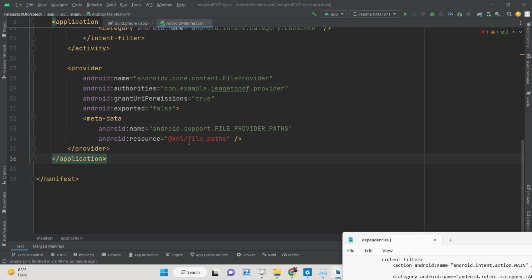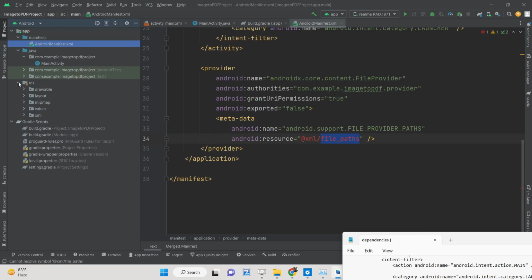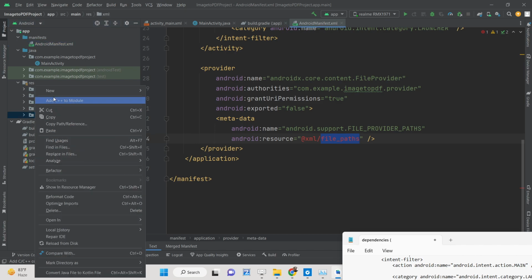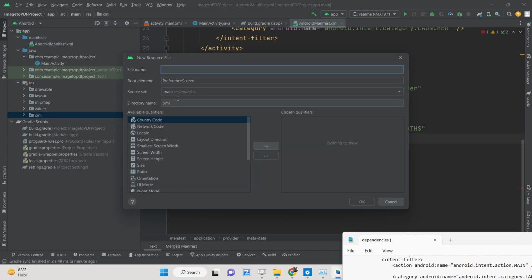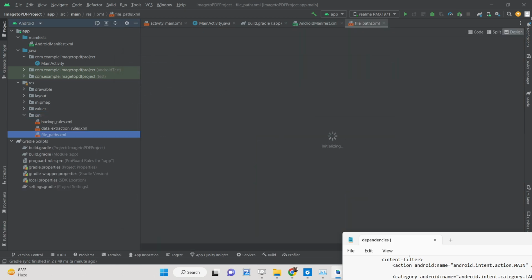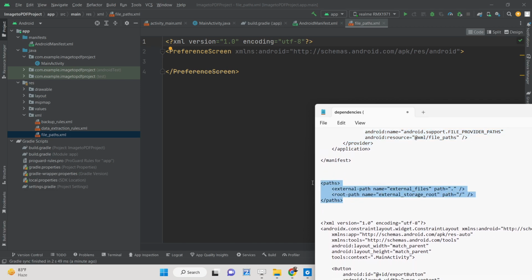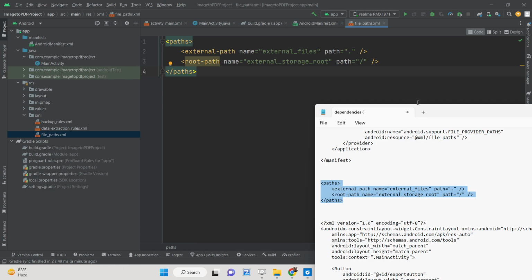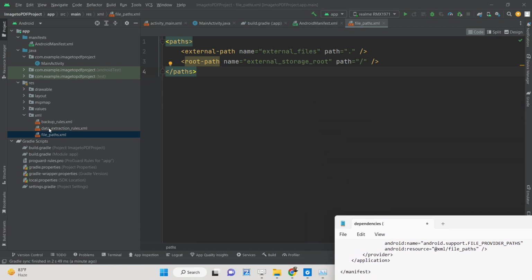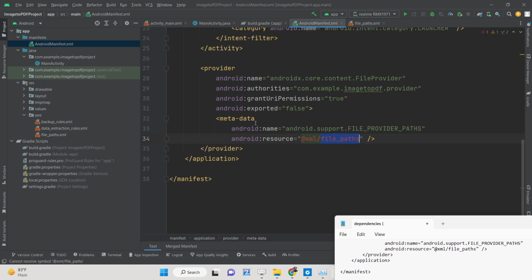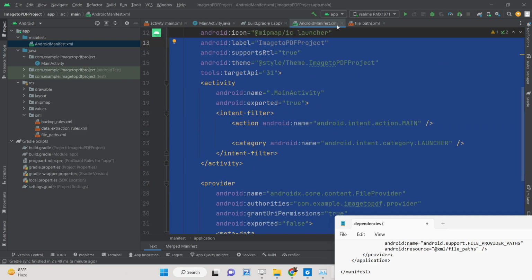We need to create this file, guys, file_paths, inside our XML folder. Inside res, we have the XML folder. So we just need to create a new XML resource file, which is file_paths. And here we just need to paste this code that I am showing you. This is the code that you need to paste. That's all. This is just a config process, guys. That's all that you need to do inside your AndroidManifest.xml. You can even close this file,